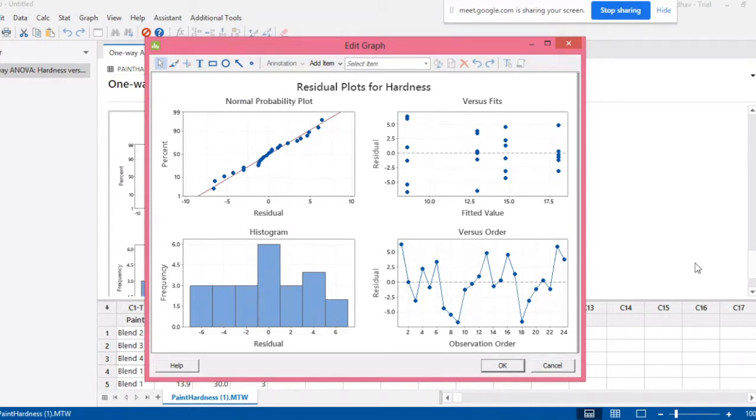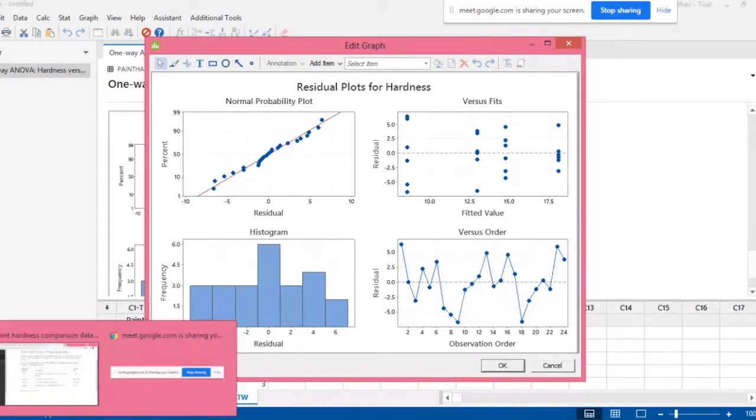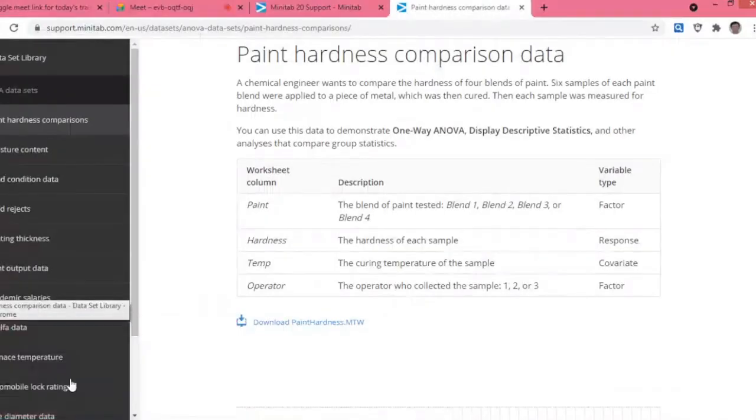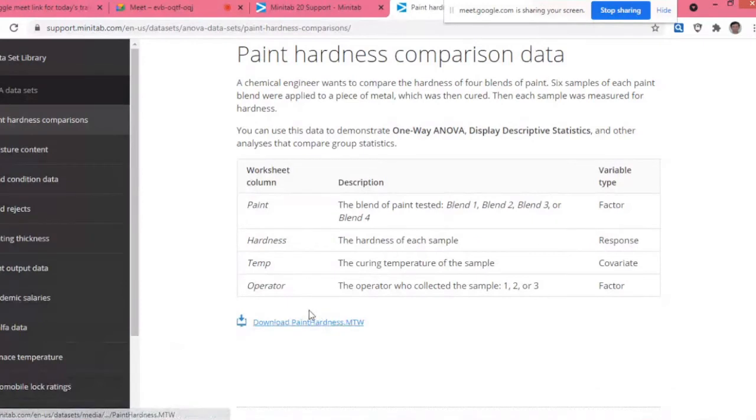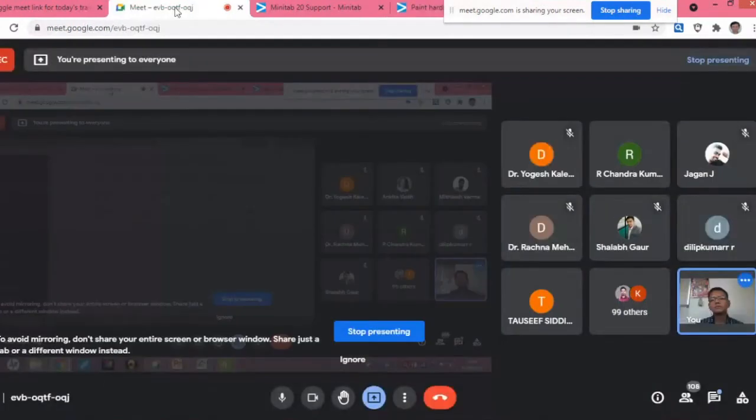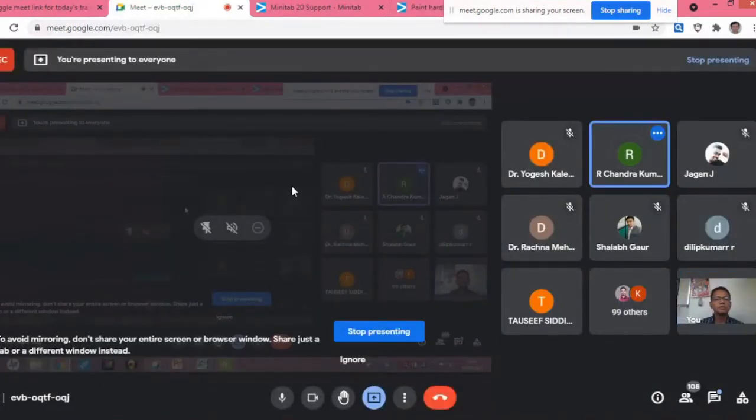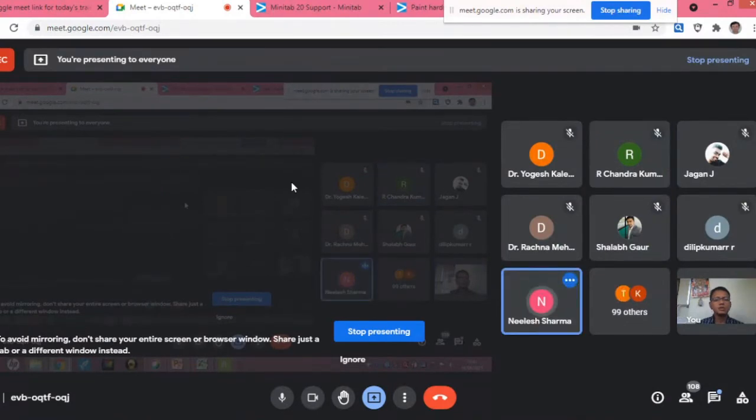Any other question? So I will wait for 1 minute. Am I too fast or is the speed okay? Speed is okay, sir. Speed is okay? Sir, what was the use of the power that you took in the starting? See, power, yeah, power means what? Power of test.